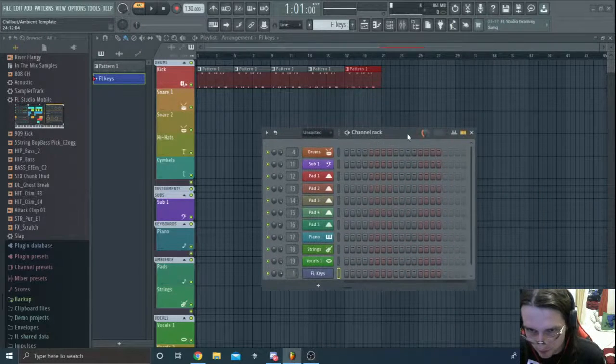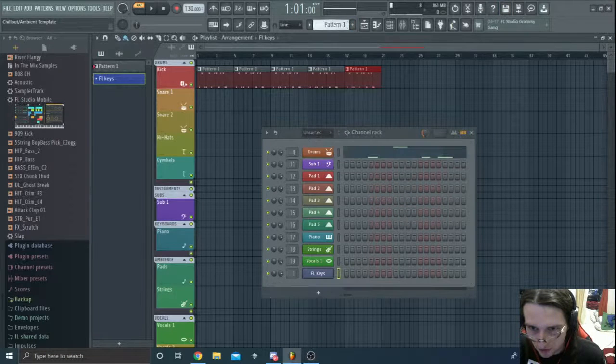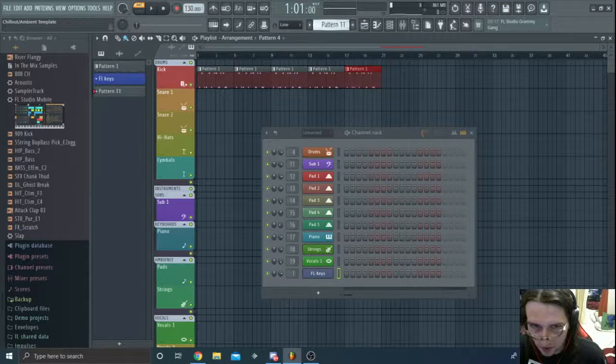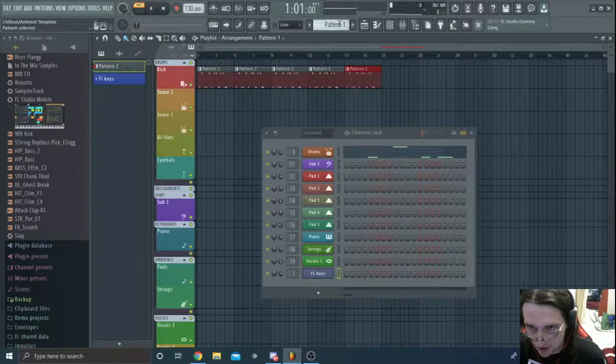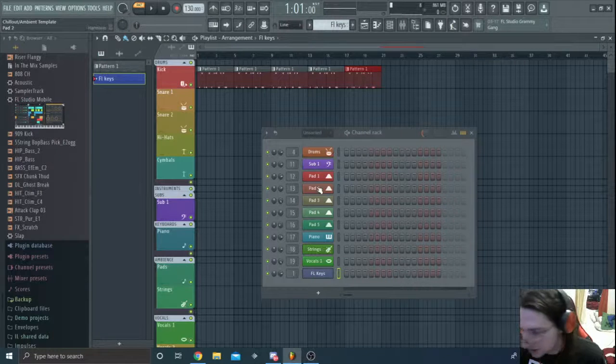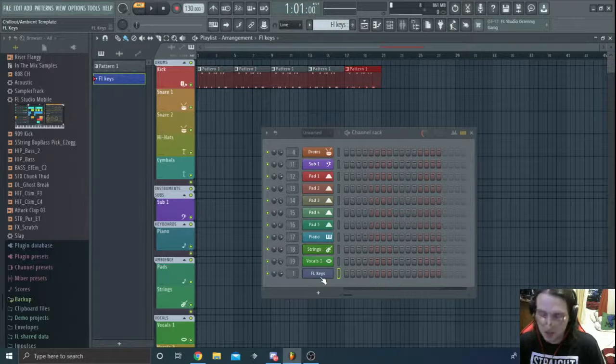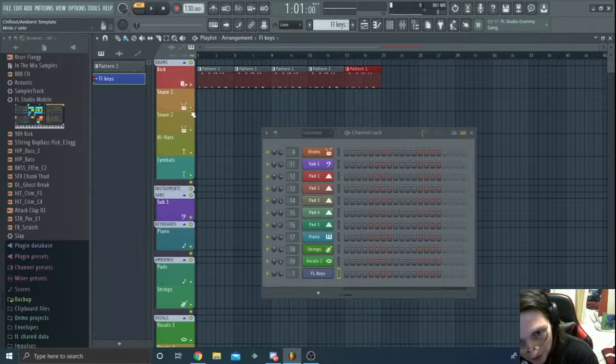So, a different pattern. For those of you who don't know, if we switch to a different pattern, oh God, this is pattern number 1. That's for the basic drums we have here. But if we go to pattern number 2, like we switch this, we get a new setup, a new pattern. So what do we do here? You can take separate patterns, like pattern number 1 you put here, and it'll play the entire thing. Whatever pattern you play is going to be here. Whatever is on the playlist, on the song itself, is going to be here.